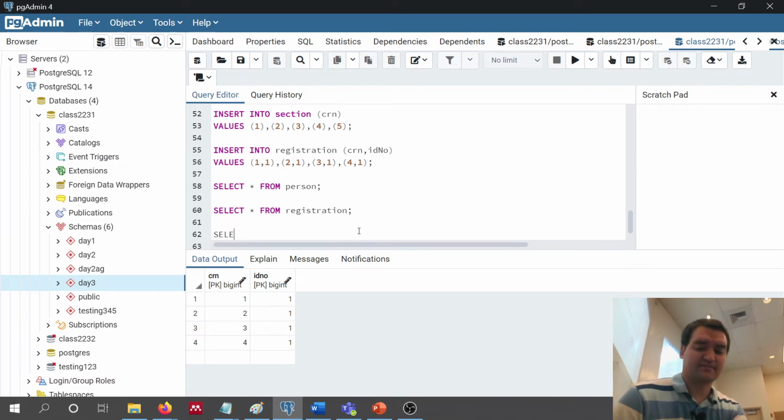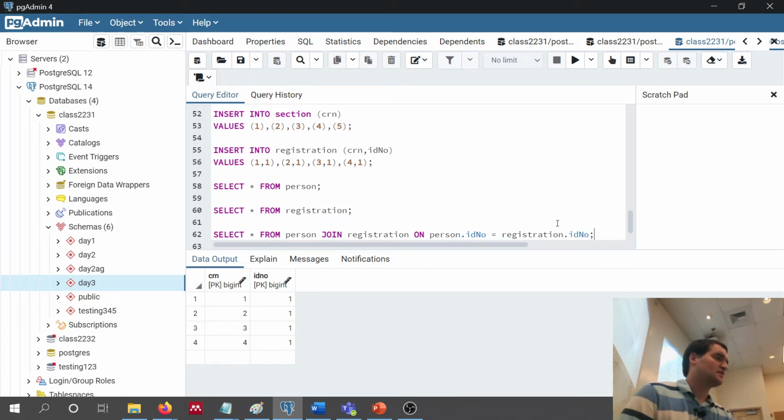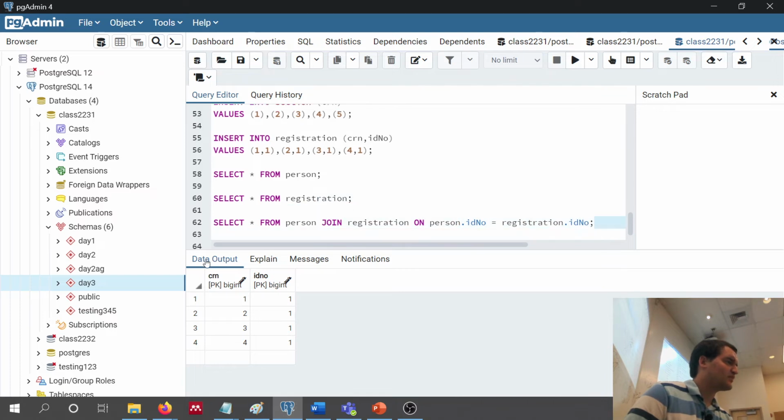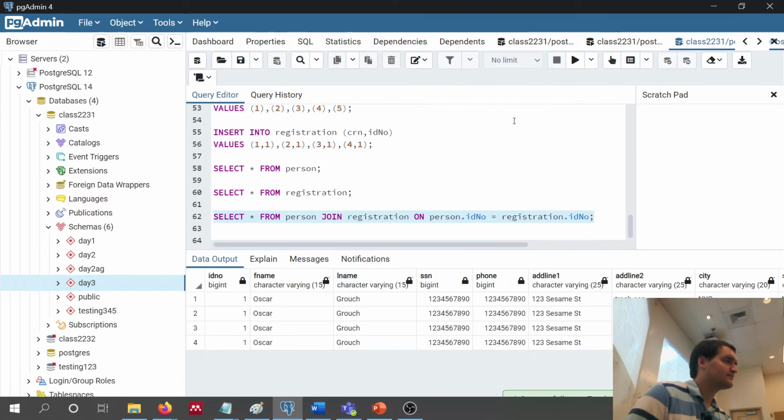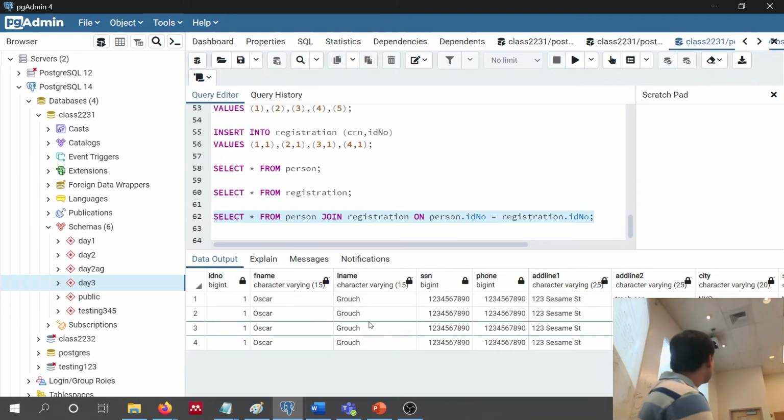So let's do that. All right. And when we run this, what should change from the person output? Okay, so a lot of things changed, did they not?